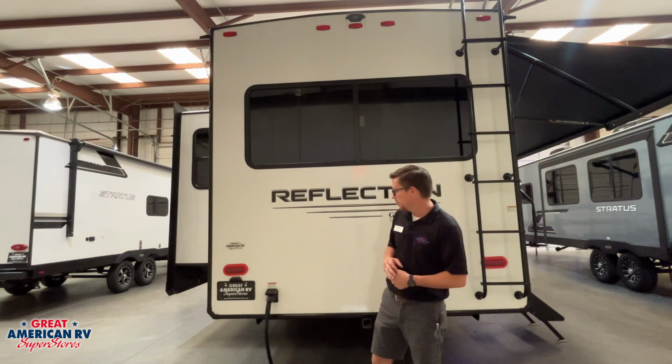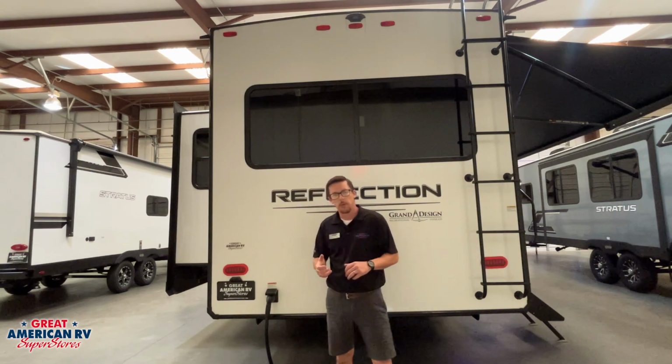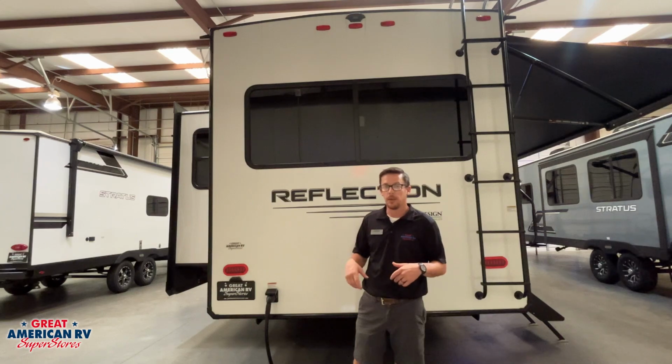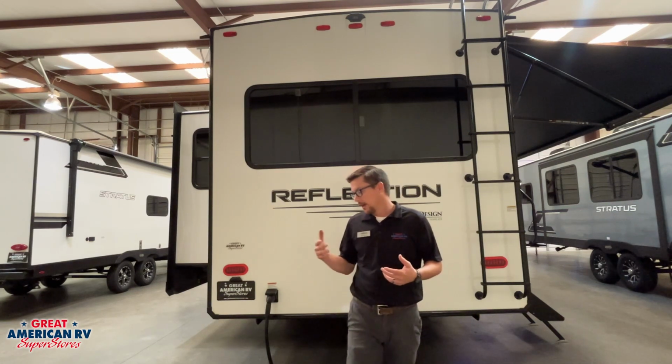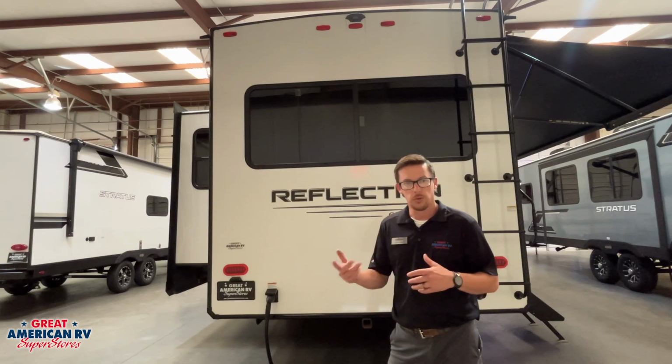We also have our 50 amp twist lock plug right here. We put it in there, turn it to the right to lock it in. We have a retainer ring on there. Want to tighten up that retainer ring. That way kids can't accidentally pull it out, no tripping, all that stuff over the cords when they're running around,